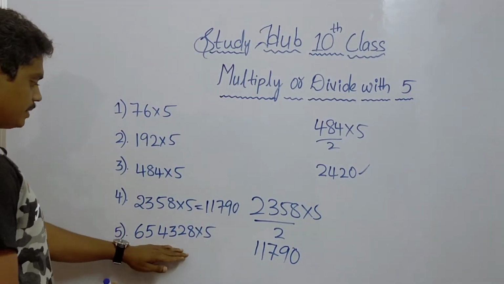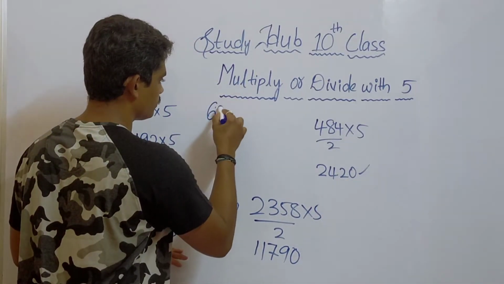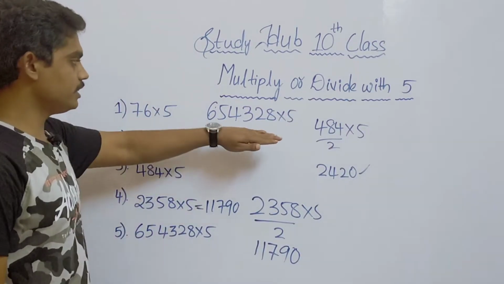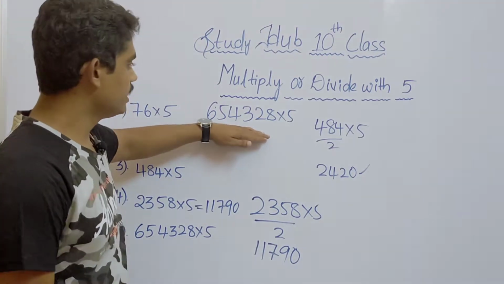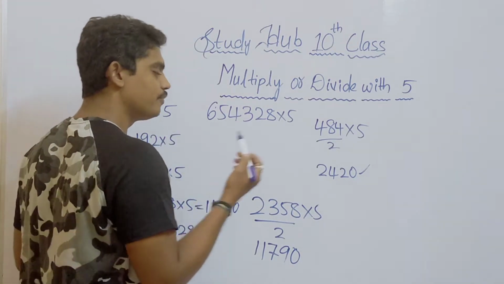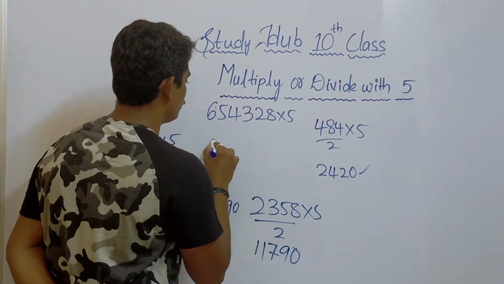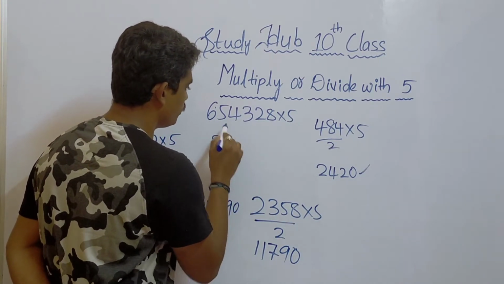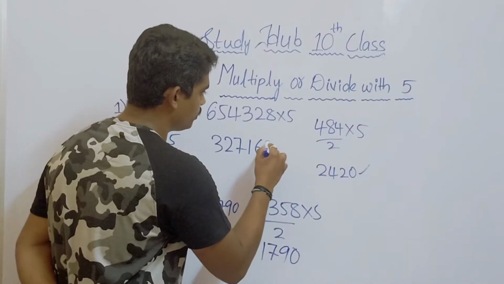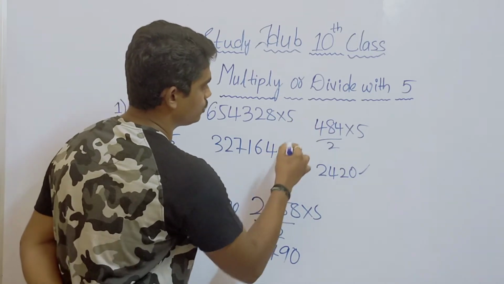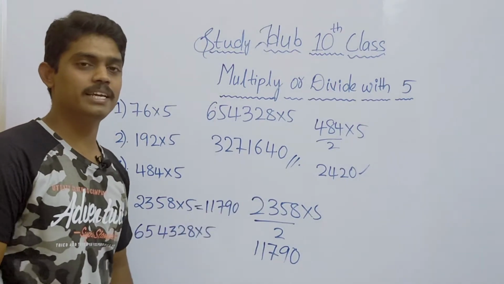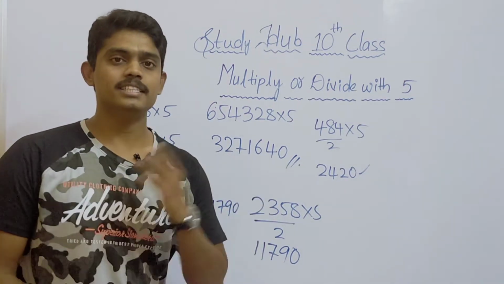So we have a little bigger number, 654328 into 5. If we solve this multiplication in a traditional way, it will surely take more than 90 seconds. But by using our technique, we can solve it in few seconds. Like divide it by 2. 2 3s are 6, 2 2s are 4, 1 remaining 14, 2 7s are 14, 2 1s are 2, 1 remaining 12, 2 6s are 12, 2 4s are 8, and as we have 5 into 2 is 10, that 10 multiplies and this is the answer. So by using this technique, we can multiply any given number with 5 in just few seconds.